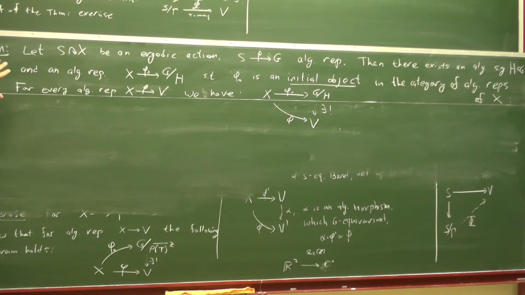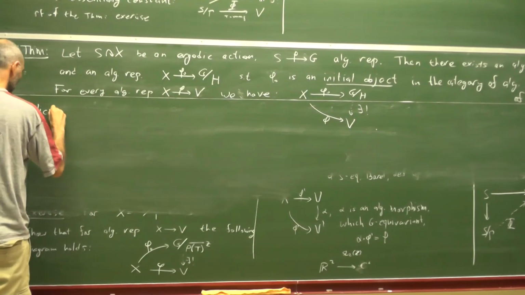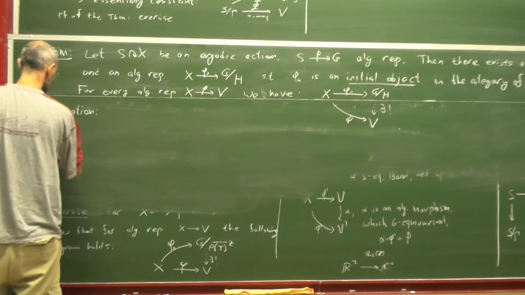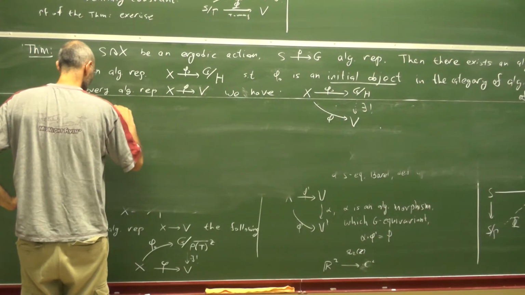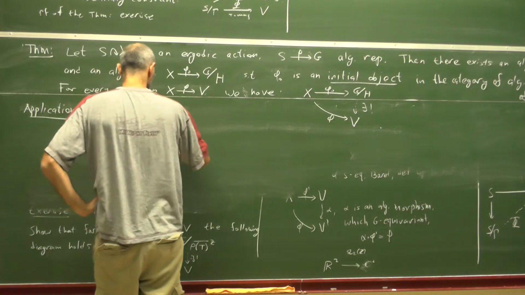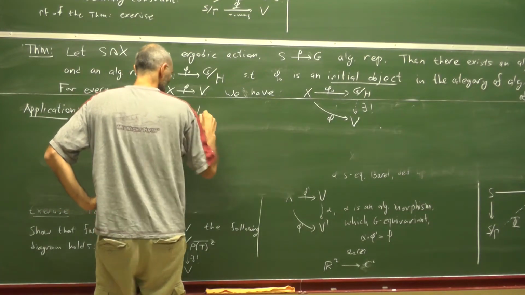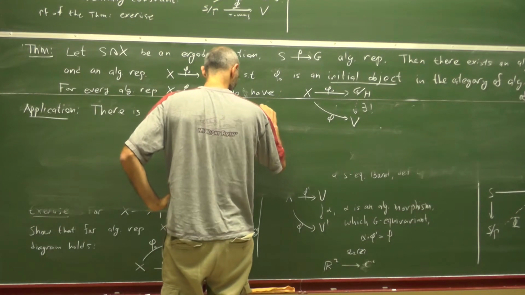Maybe I will prove it in a minute, but before this, let me state something which, in the jargon of category theory, is a formulation of a universal lemma. But in any case, this is a very nice application of this theorem. Corollary or application, which is useful sometimes. There is a natural map